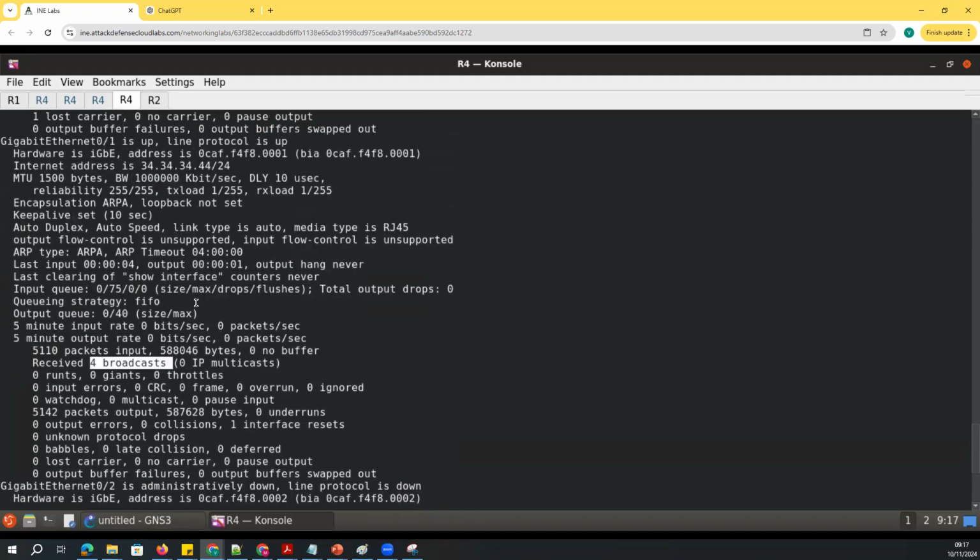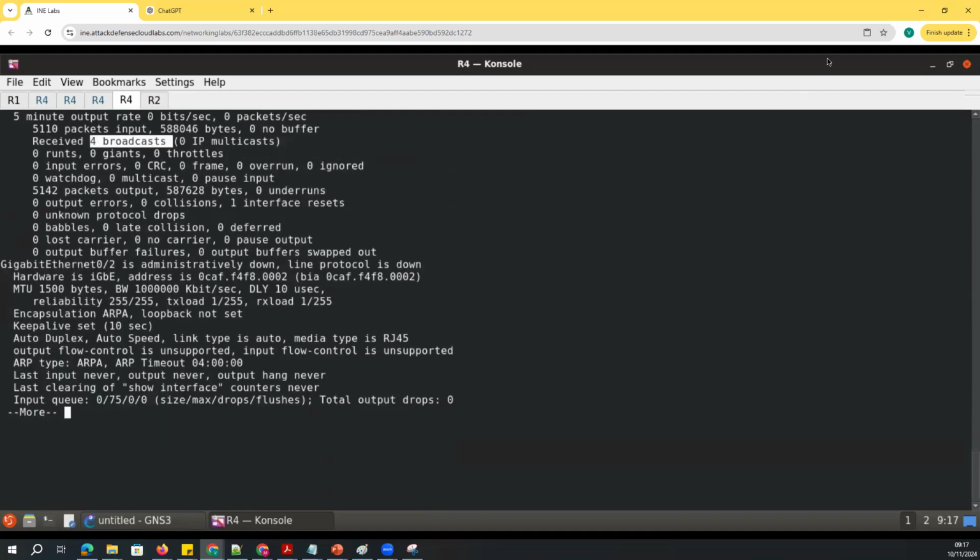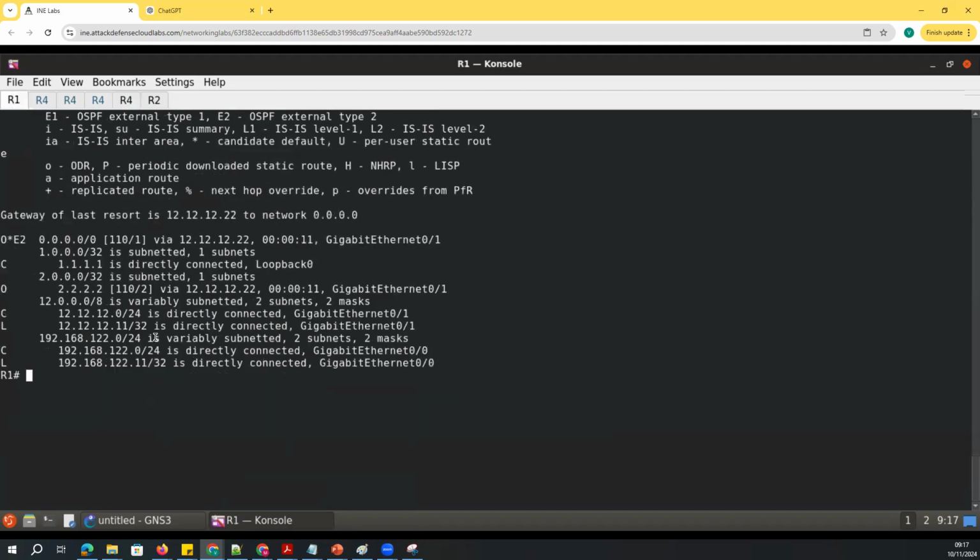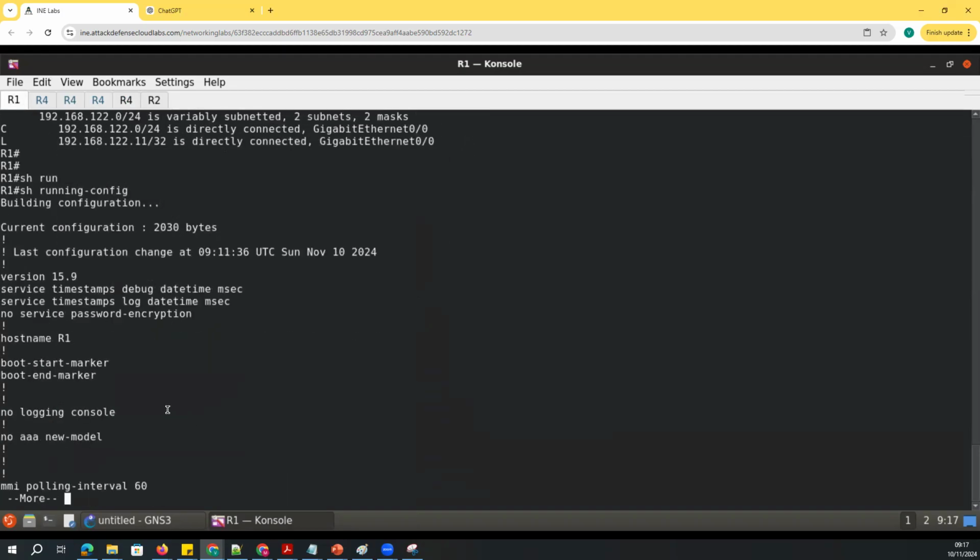So these are the kinds of things you can always check to see what exactly is going on in the interface and how you can debug this configuration. I hope this is useful for you. The whole purpose of this video is to show what exactly is going on. If I troubleshoot R1 and check the running configuration,